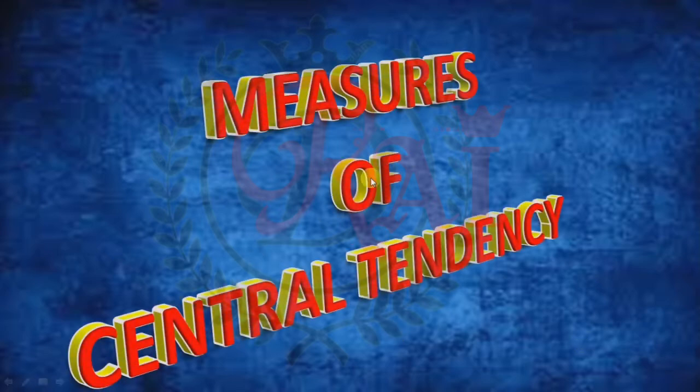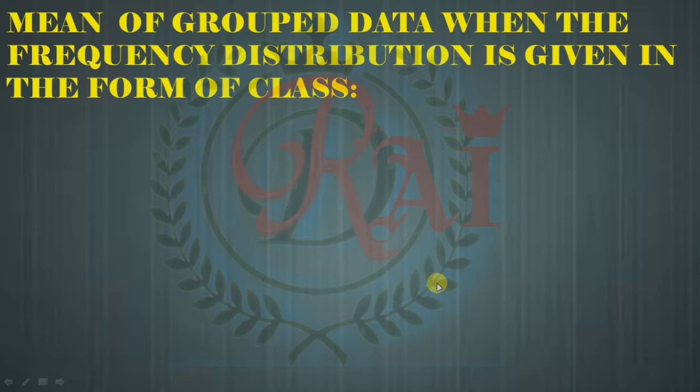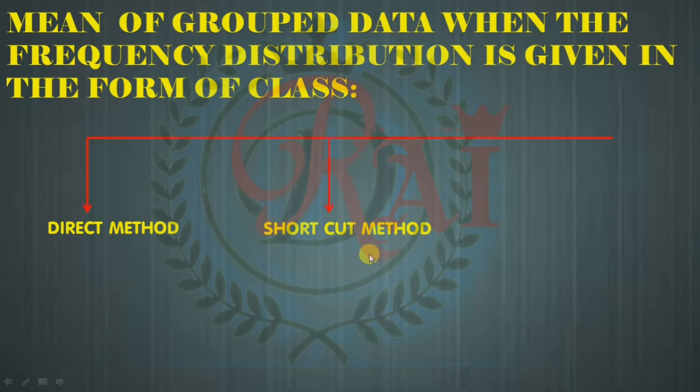Hello everyone. Today my topic is measures of central tendency, and we will do mean of grouped data when the frequency distribution is given in the form of classes. We will find the mean of grouped data by three different methods: